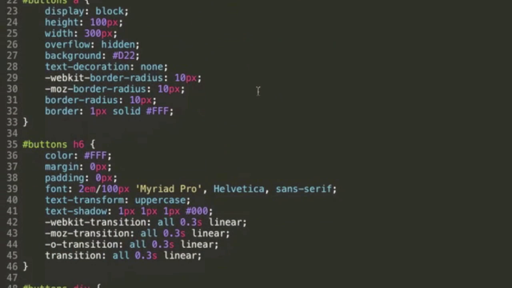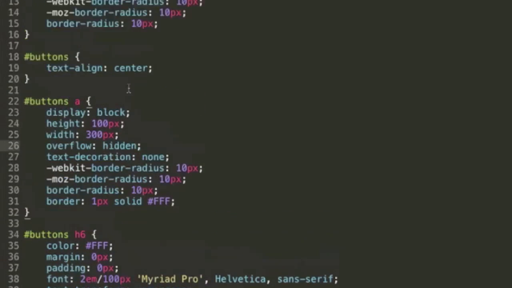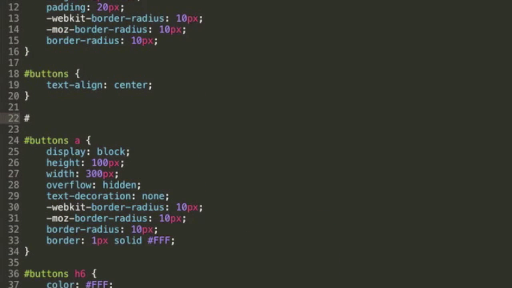Let's quickly play around with the backgrounds of these as well, because we have the background set to D22, which is an okay color. It's not the best color in the world, but let's change this, because if we have multiple buttons, that could become problematic. Or, of course, we could just set classes to them, but I prefer not to do that. So what we can do is use the nth child pseudo class, and that's just going to find whatever child. So we could find the first child, the second child, or the third child. So we just look inside the button division, find the whatever child, which is an anchor tag. So we want the first child to have this background that we've specified like that,